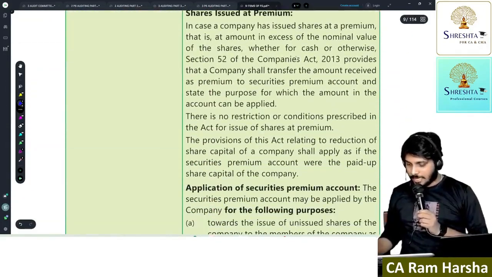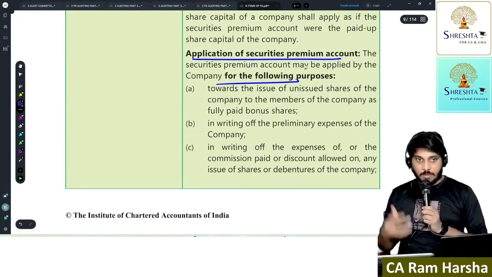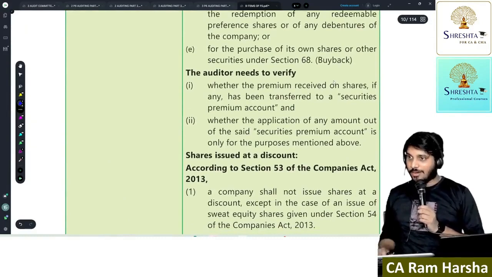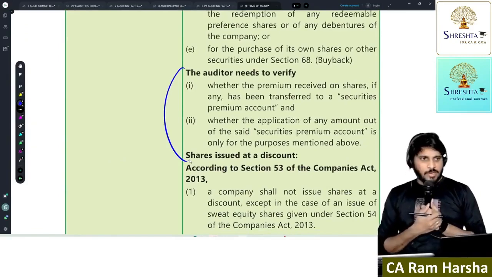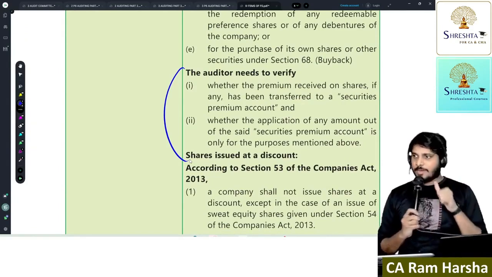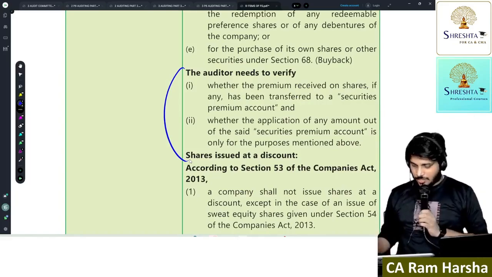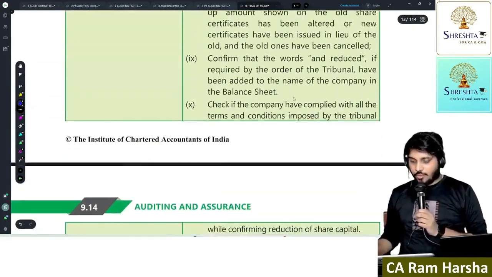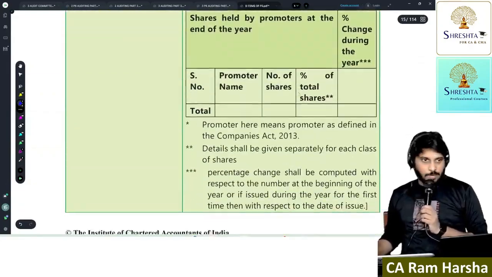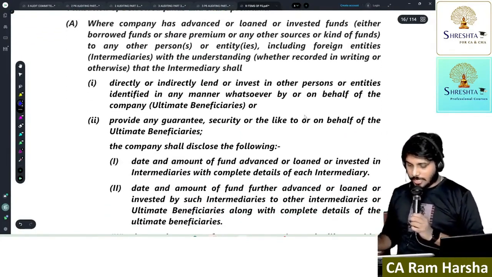What is covered here is exactly how to verify shares issued at premium, and how the securities premium account can be utilized. This is completely a company law matter. What does the auditor have to verify? In order to verify securities premium, first of all, what is securities premium? For what purpose can it be used? Again, it's a company law question. Understood? Next. For this entire capital-related topic, first you need to watch the company law provisions and then come to this. Without watching company law, please don't read this.